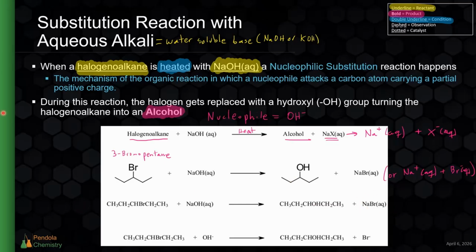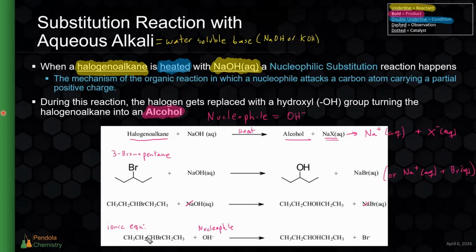Now, one of the things that you need to be aware of is that a lot of the time we do like to use ionic equations in chemistry. The ionic equation here will be the exact same, either skeletal or structural formula, but because the sodium is aqueous, NaOH aqueous means aqueous sodium ions and aqueous hydroxide ions, and aqueous sodium and bromide ions in the products. The sodium ion is a spectator ion, meaning it can be cancelled out. In that case, we'll simply end up with CH3 CH2 CHBr CH2 CH3 plus OH minus, which is our nucleophile,